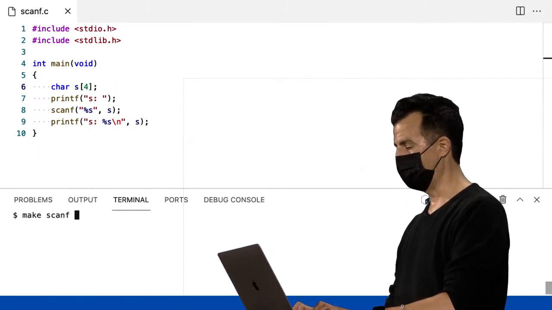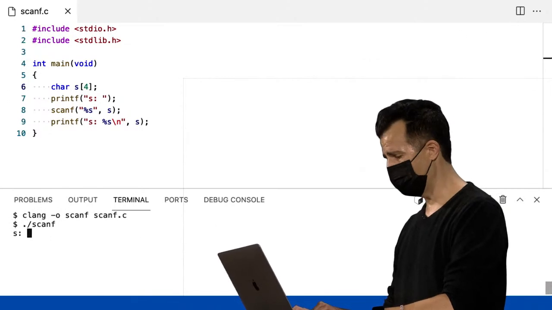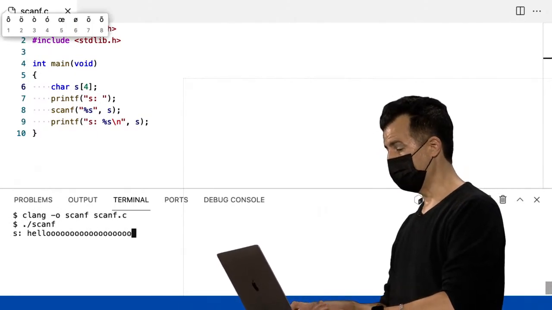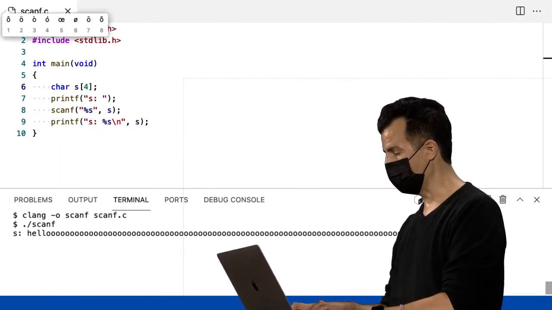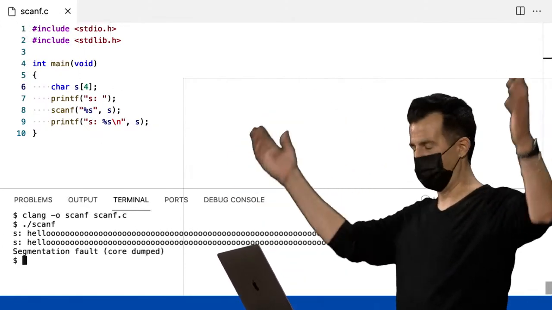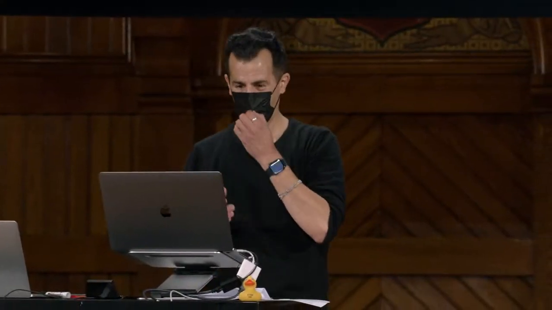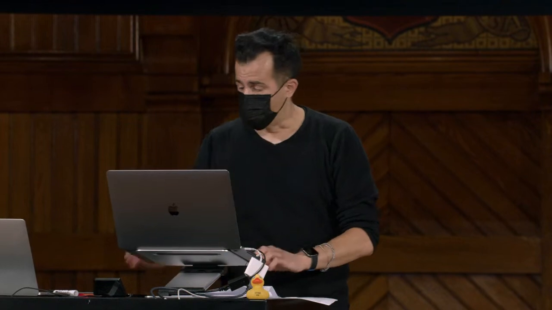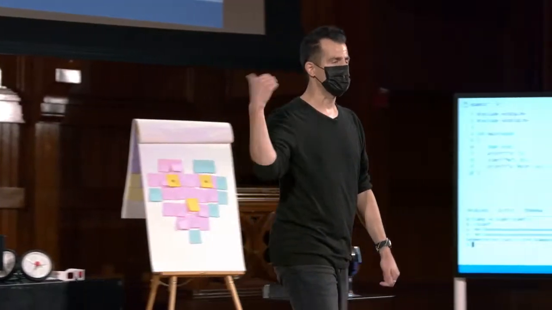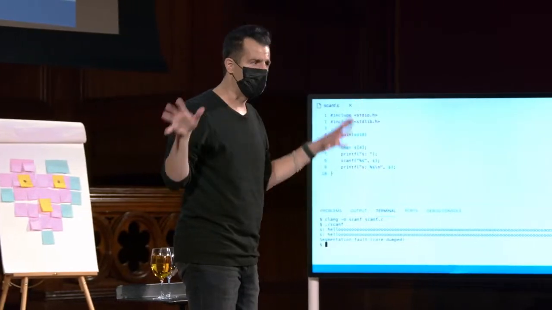So let me rerun clang scanf. Hello, clearly exceeding the 4 characters. There we go. Thank you. All right, so the point here, though, is if we hadn't given you getInt, you would have had to use the scanf thing. Not a huge deal because it seemed to work. But if we hadn't given you getString, you would have had to do stuff like this, knowing about malloc already,